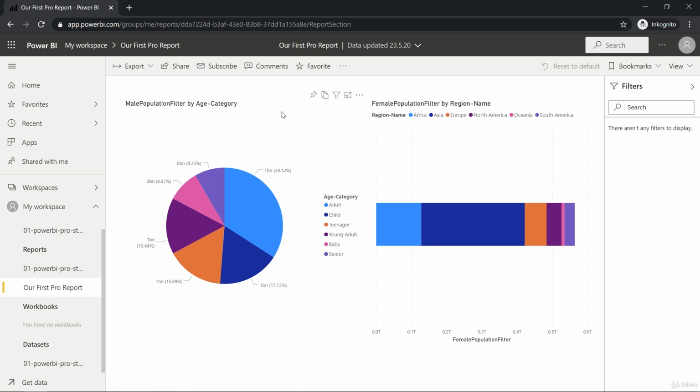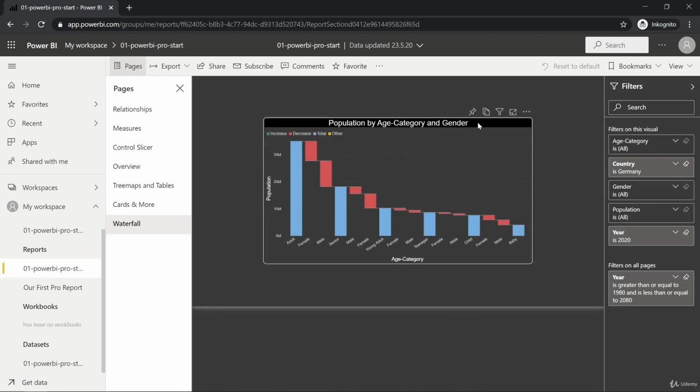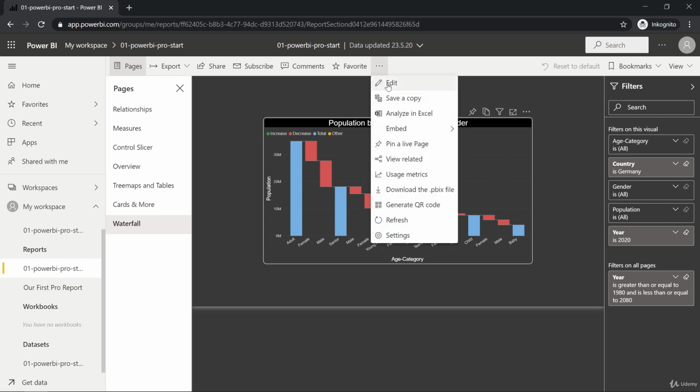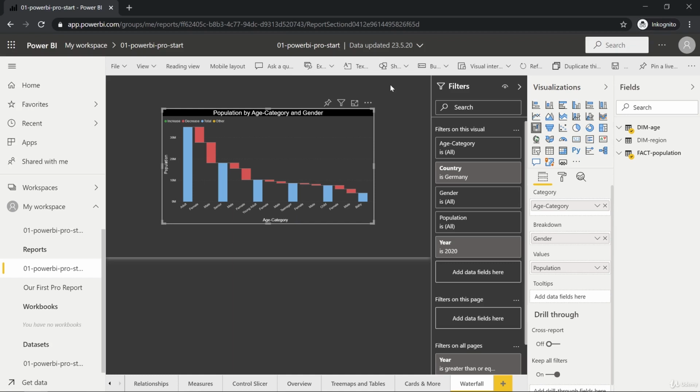If you want to edit an existing report though, so the report that we had in our project, you can also do this. For this, you have to go to the existing report, right? And here, select the visual and no, then you can't do a thing. You see this immediately because you don't have any options here besides the filters. But if you select the three dots right here to more options, then you have this edit option. And if you select it, then suddenly the menu comes back and now you are able to change the initial report that came from Power BI Desktop. So that's important to keep in mind. We will not change this report right here.